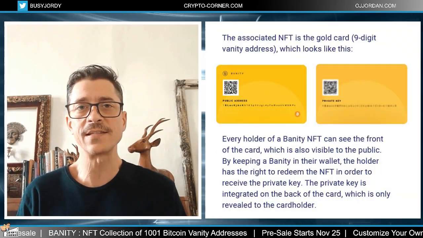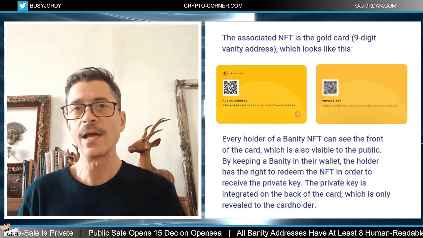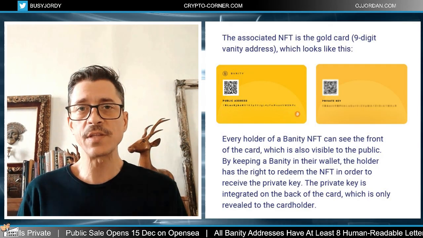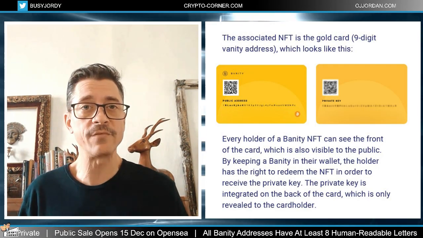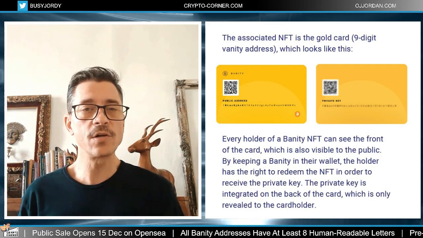As soon as someone decides to redeem that token in order to get the private key of the Bitcoin Vanity address, the token is destroyed forever, as I said, which means that the token has a hyperdeflationary characteristic. Every holder of a Banity NFT can see the front of the card, which is also visible to the public, but by keeping a Banity in their wallet, the holder has the right to redeem the NFT in order to receive the private key. The private key is placed on the back of the card, and it's only revealed to